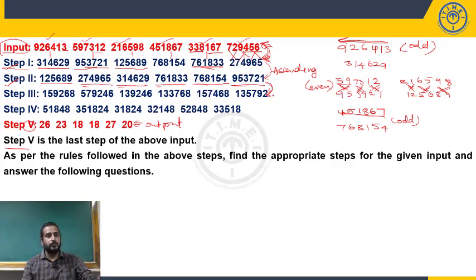What happened from step 2 to step 3? 1, 2, 5, 6, 8, 9. Do you have that number? No, we don't have. Okay. 2, 7, 4, 9, 6, 5. Do you have that? No, we don't have. 3, 1, 4, 6, 2, 9? No. 7, 6, 1, 8, 3, 3? No, I don't have. 7, 6, 8, 1, 5, 4? No. 9, 5, 3, 7, 2, 1? No. Again, it's like input to step 1.